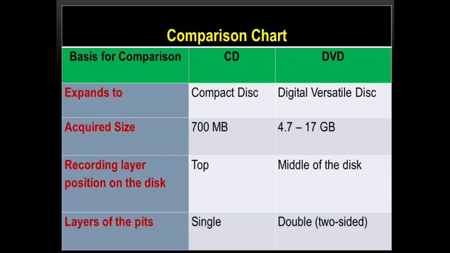So while talking about the layers of the bits of a CD, it is single layered, whereas in the case of a DVD, it is double layered or two-sided. So it renders videos with excellent picture quality and random access. A DVD is built from the same material as the CD, but the process and the layers are different. It is used from both the sides, such as two CDs are sticking together.